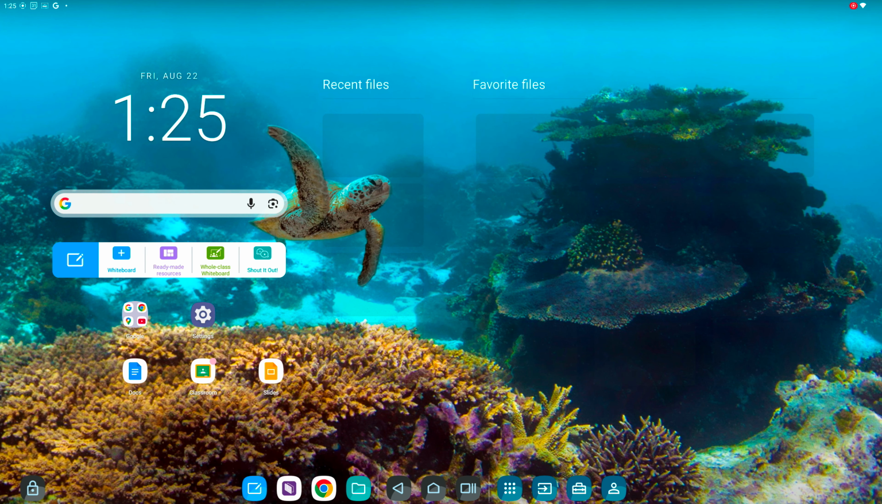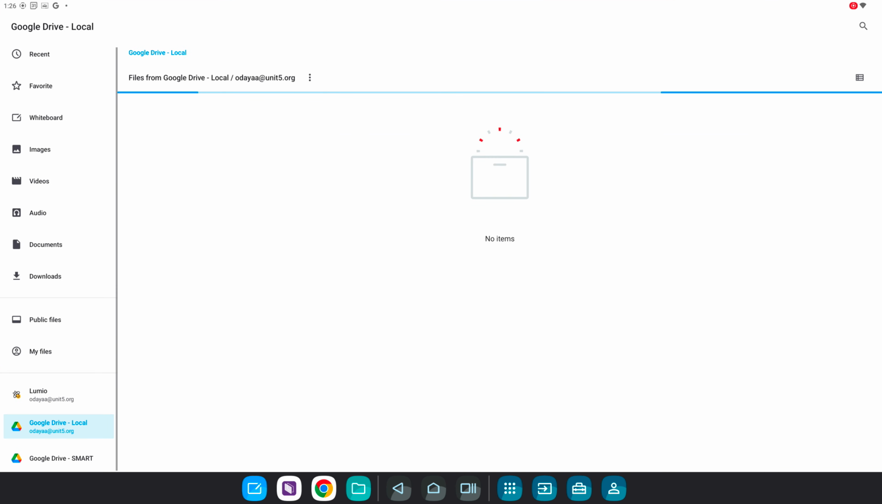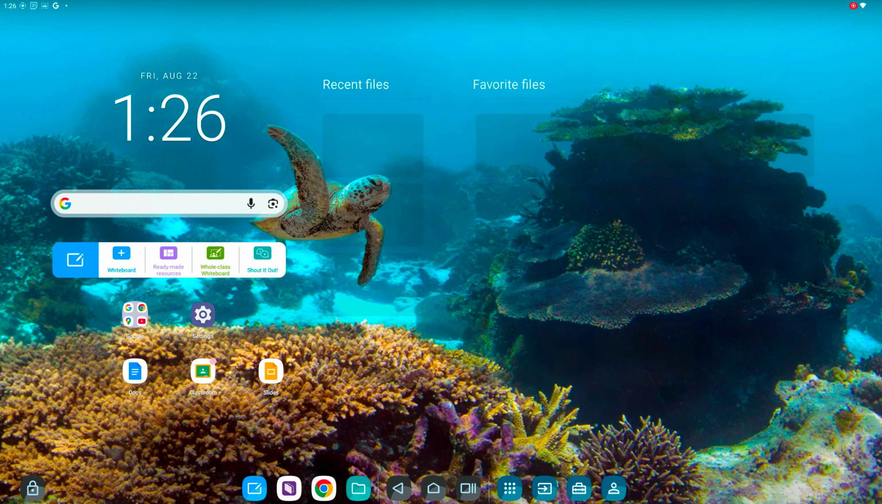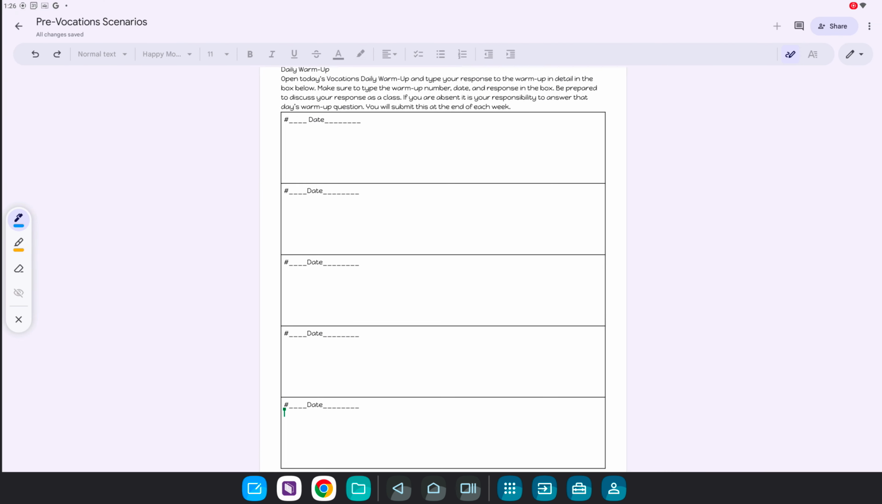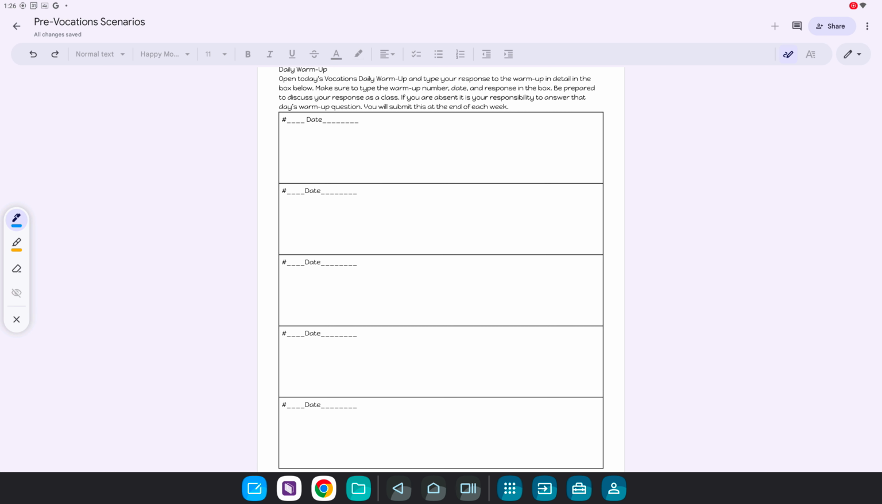So once I've verified that I'm logged in, my Google Drive is set and my Google Docs is out. Now I can open up a document. So this is a document that one of the teachers was having some issues with, so we're going to start with it. So the first thing that you'll notice on this document is that over on the left-hand side,